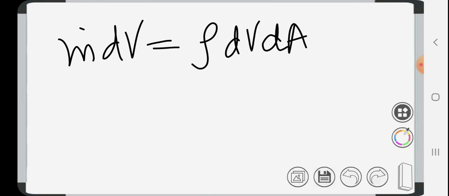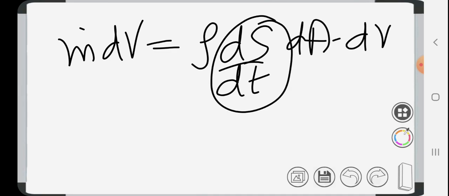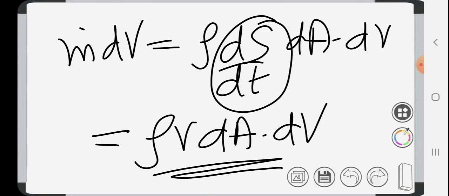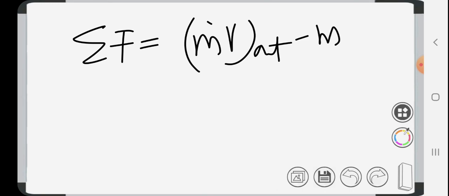rho dv, rho ds by dt into dA into dv, right? So ds by dt is nothing but d by dt of s, which is nothing but velocity: rho v dA dv, right? So our equation was sigma F into m dot v out minus m dot v